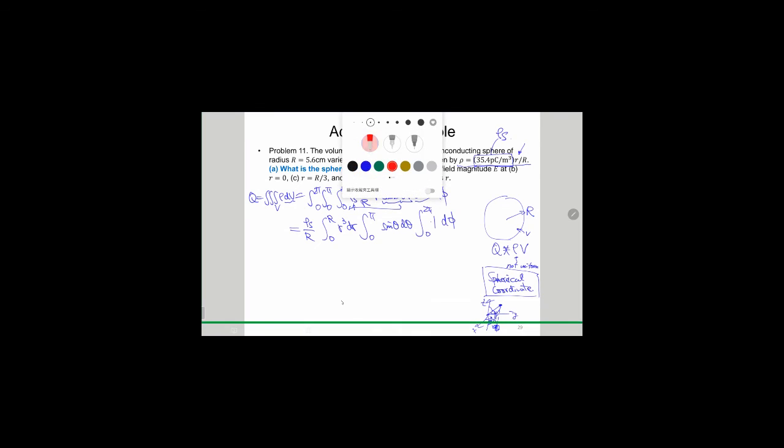And then for d phi, we don't have any phi in it, so you can regard it as a function 1, from 0 to 2 pi. So all these integrations are quite trivial to work with. So this one is nothing but r to the 4th power over 4, a polynomial, and we evaluate from 0 to capital R. And for this one, the antiderivative is negative cosine of theta, evaluated from 0 to